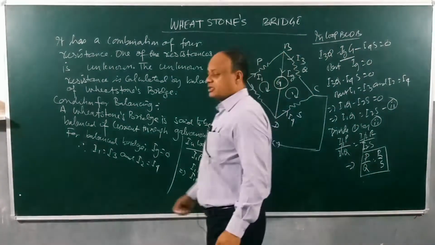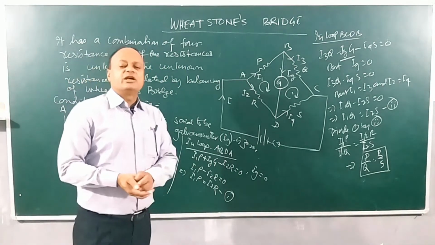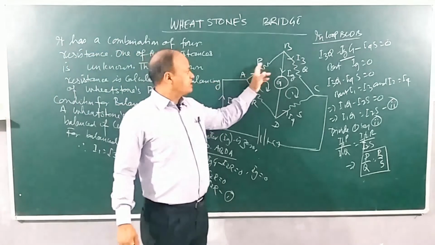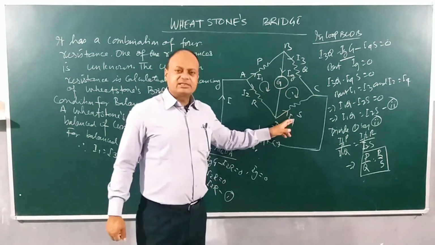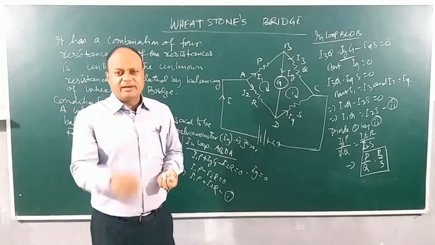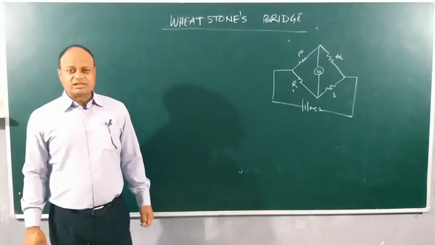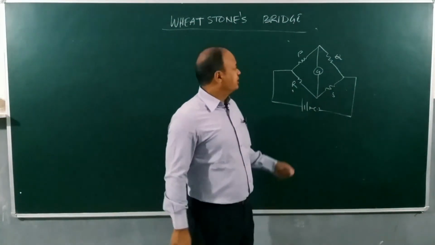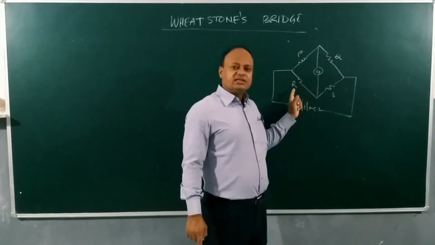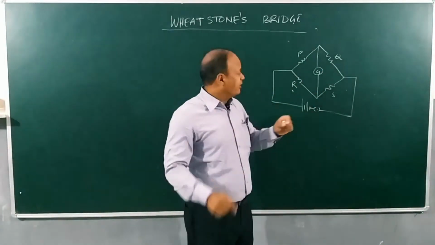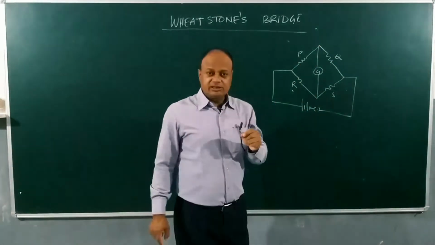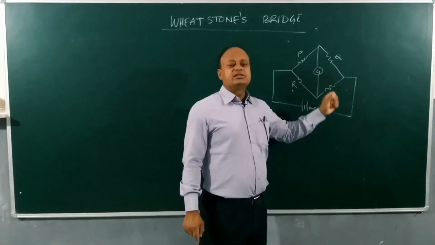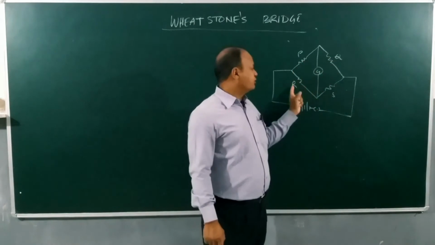This is a very important result that we derived. You get in the exam also derived condition for balanced Wheatstone's bridge. P by Q is equal to R by S in case all the four resistances have been balanced. Alright, children. The condition for balanced bridge is that the ratio of resistances in the adjacent arms will be same. If you don't have a galvanometer to put here, you can imagine a situation where ratio of resistances in the adjacent arms is same. P by Q is equal to R by S.